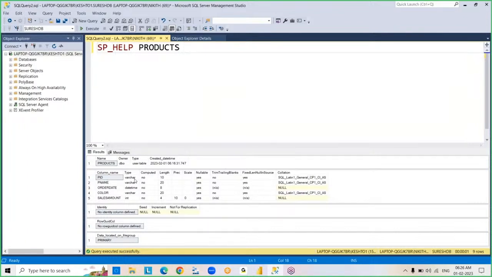Right? So this is the way we alter a table. You create a table in the beginning. After that, you add new columns to the table, drop a column, and change the data type of a column. So you performed different types of operations. Right? And so now